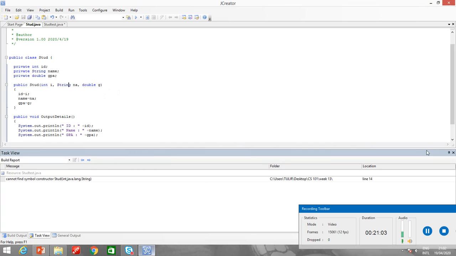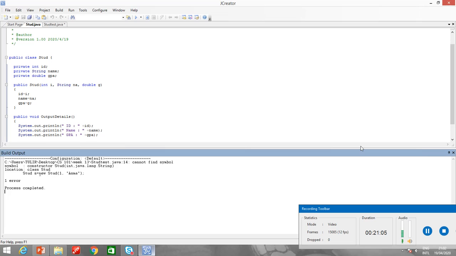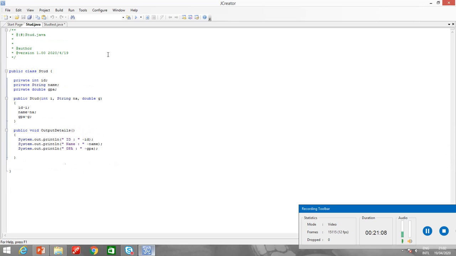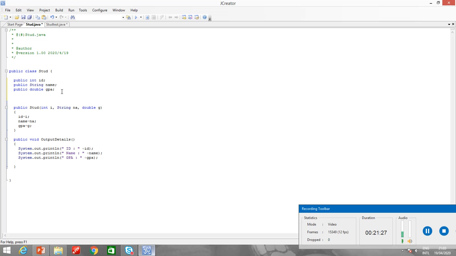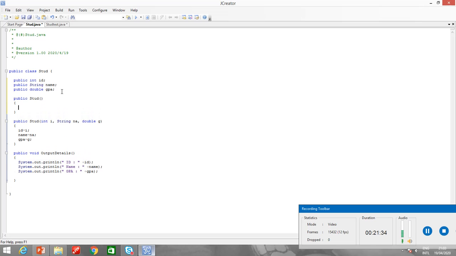Alright, let me tell you something about the parameterless constructor also, or no argument constructor, which we have been talking about. Let me make these variables public so that I don't have to. Alright, public, and again over here public. Now the no argument constructor. If I write the no argument constructor or I don't write it, it will not have any effect.